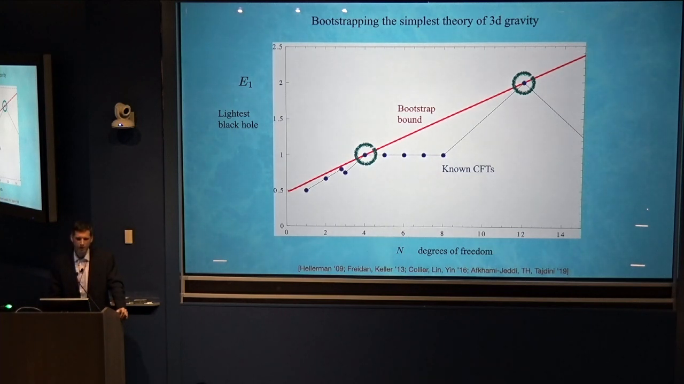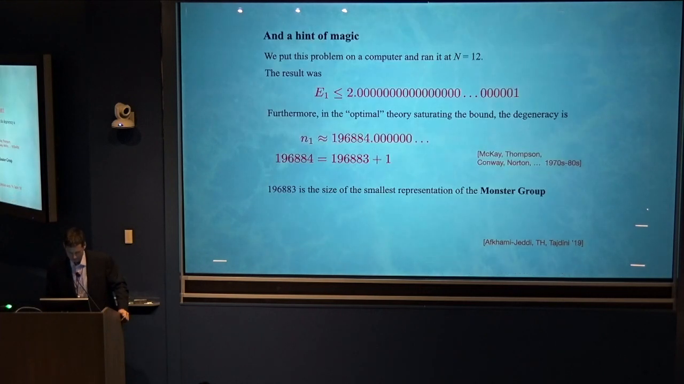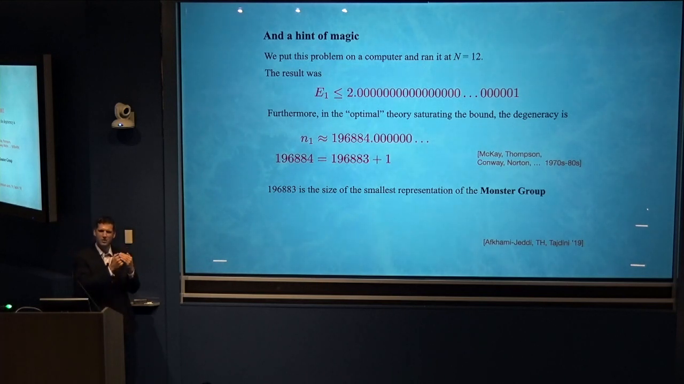That's right. This comes out of the numerics. Well, so far it comes out of the numerics. I'm going to explain it as we go. It first came out of the numerics. And not only does it agree, there's a hint of something really surprising and magical happening here, which is the following. So when we put this on a computer and ran it at n equals 12, and there's a similar story at n equals 4, the result for the energy of the lightest black hole was this number that I've written here,